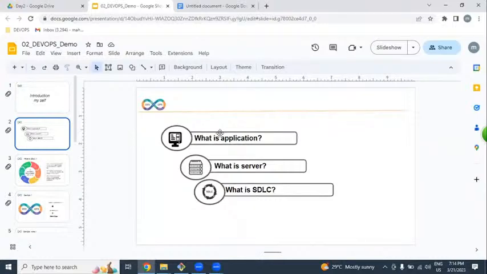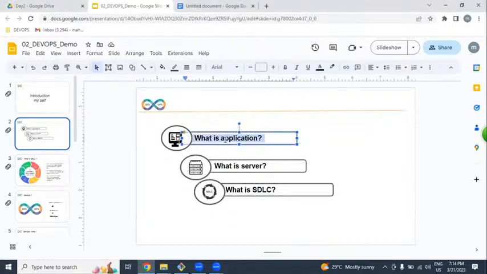So what is an application? The working software which is written in any programming language. Rajesh, please listen. That working software, we call it an application.